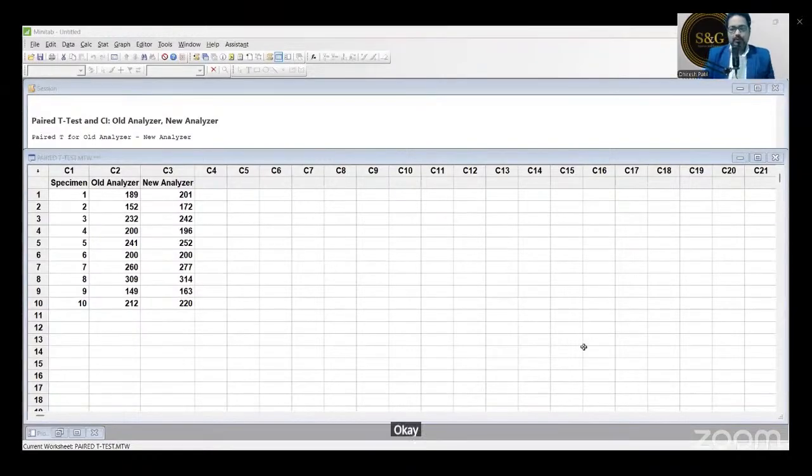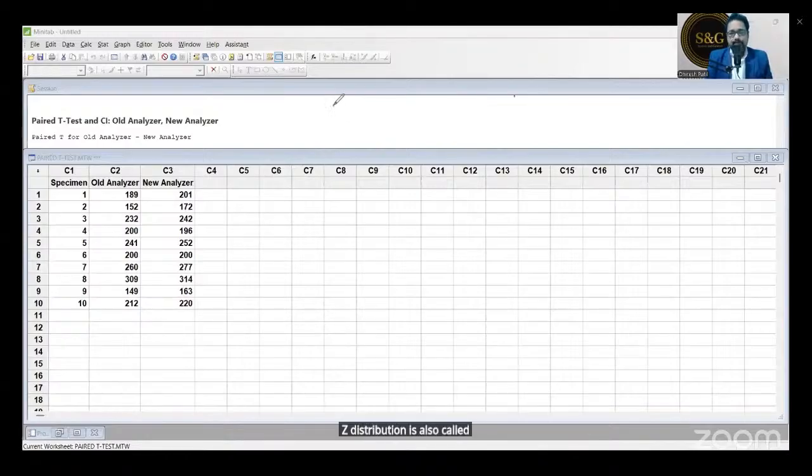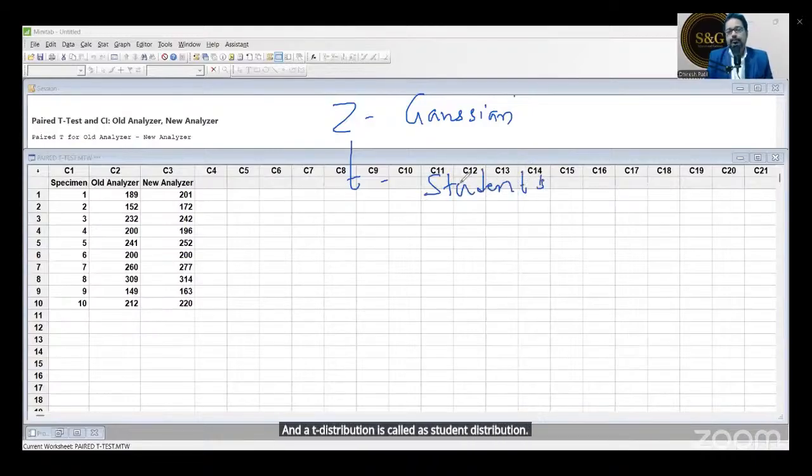Okay, now understand this. Yes, the formula is exactly the same for both Z and T. Z and T are the short forms of the names of the distributions. The Z distribution is also called the Gaussian distribution, and the T distribution is called the Student's distribution.